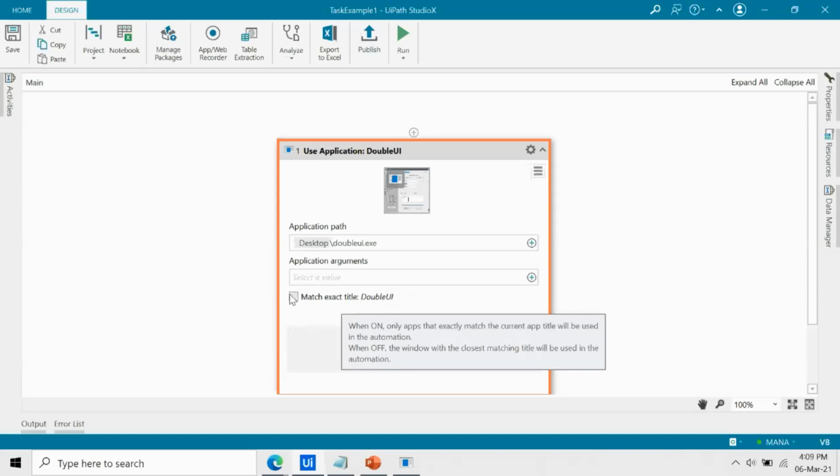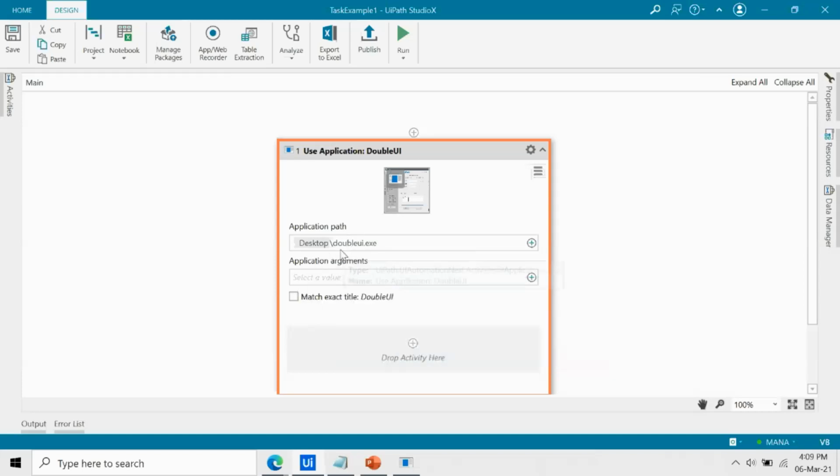If you are automating Double UI, you can provide a condition that it should match the exact title as Double UI, so that in case there are other applications, it can avoid them. This is the first step to start with UI automation, where you choose the application path by using the Use Application/Browser activity.